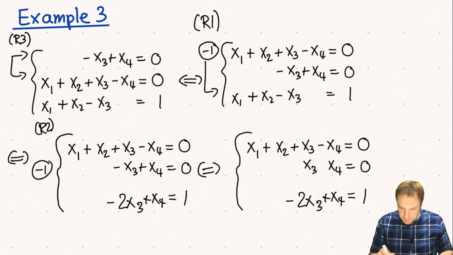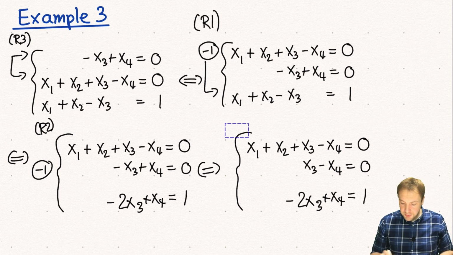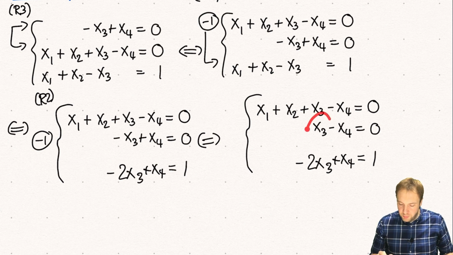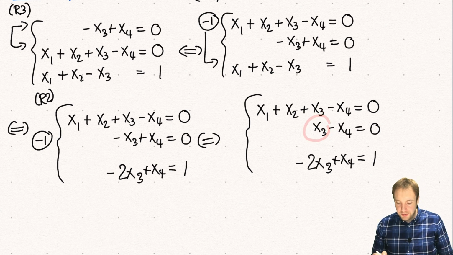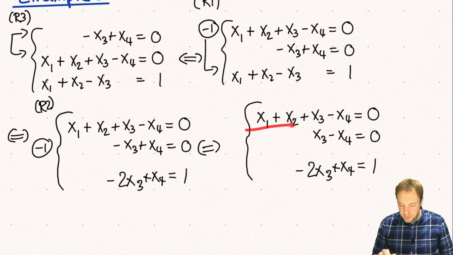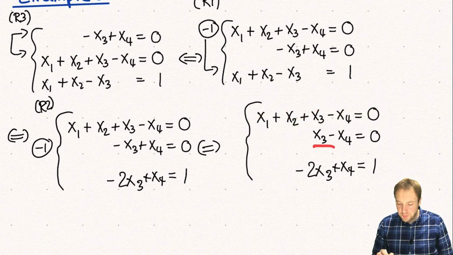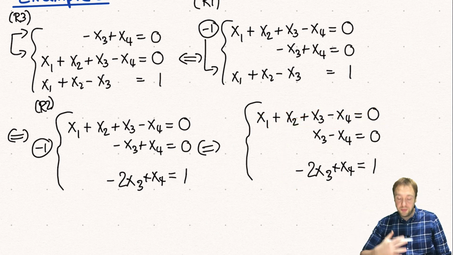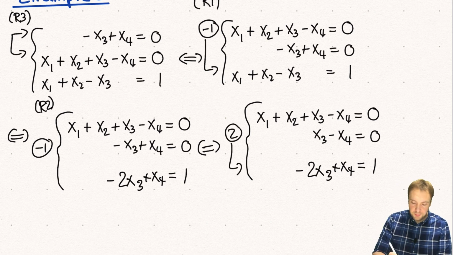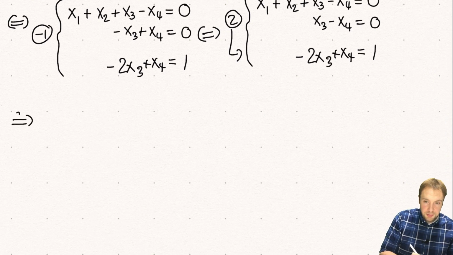So I just change the signs here. And now we want to erase x3 in the remaining equations. So always remember, we don't think about the first equation, we are just in this part here. So we want to erase x3 from the equations below, and this we can do by adding 2 times this to this. So this is again row operation R1, and what we get is,